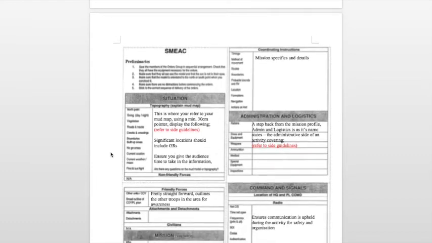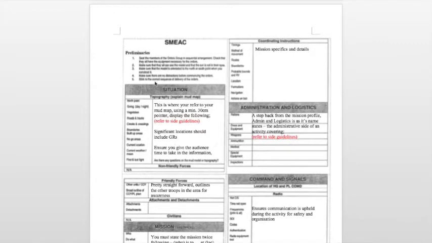So here is an example of the SMEAC Proforma that you will need to use when creating your SMEAC. It goes through on the left side here. It tells you what you need to write down. It tells you each criteria that you need to check off. As you can see, North Point, going, vegetation, you can read it yourself, but here in this situation is where